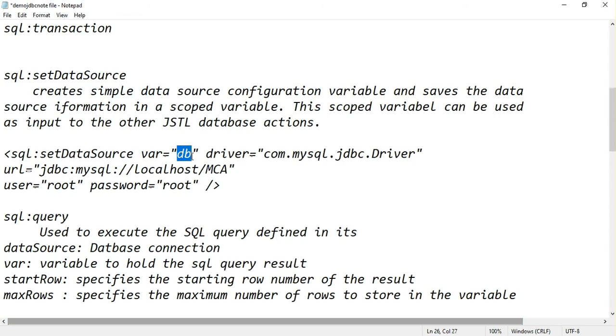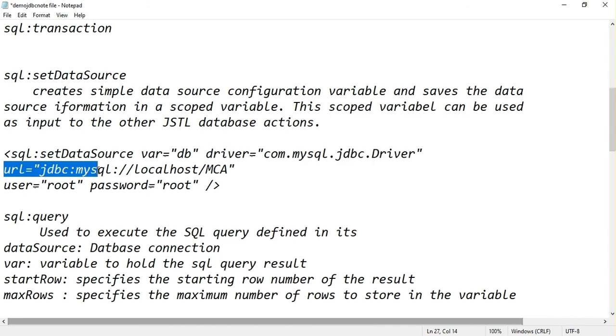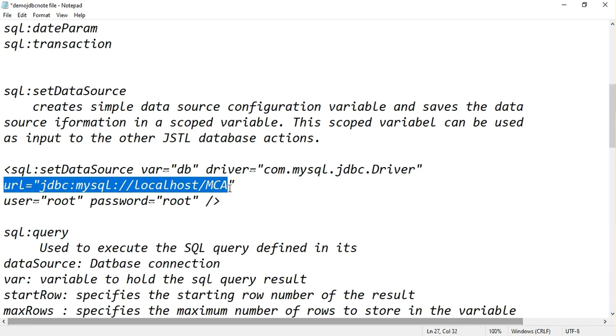For example, I'm trying to connect my JSP program with the backend database MySQL. See here com.mysql. MySQL is stored in my local system, see here localhost, and I'm going to use one database called MCA.